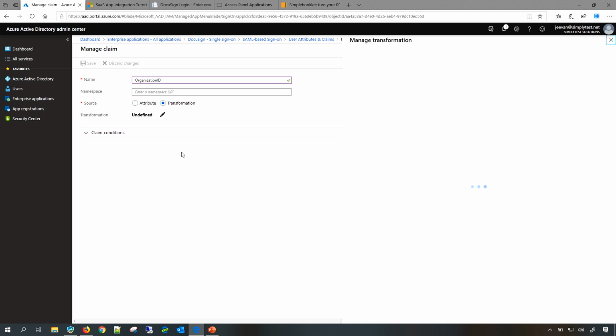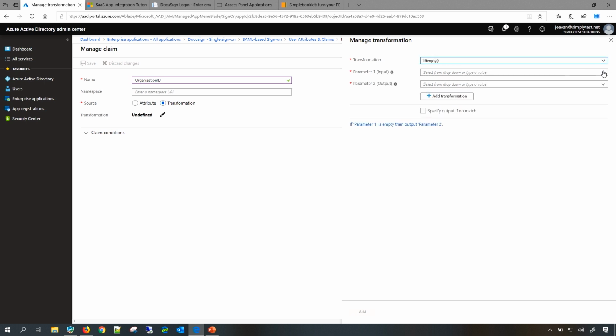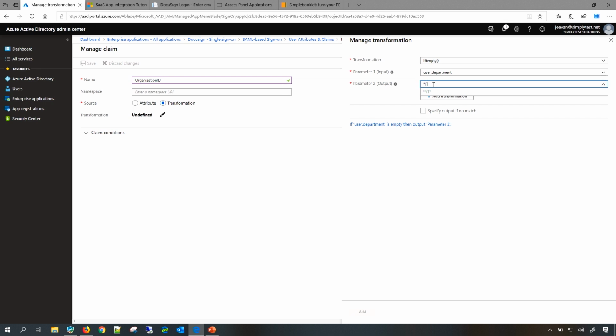In the transformations, we have recently come up with multiple sets of transformations. If you have not looked at this, then I highly recommend looking at it. This will help you build if and else sorts of conditions in the claim. So you can say, for this particular value, user.department, I'm just selecting if empty. That means if user.department is empty, then provide this kind of value, which might be just IT, for example.